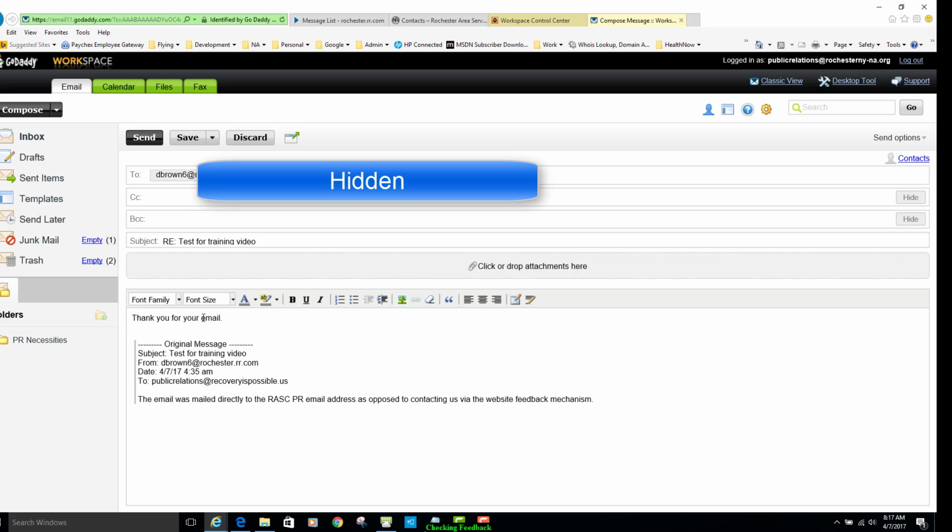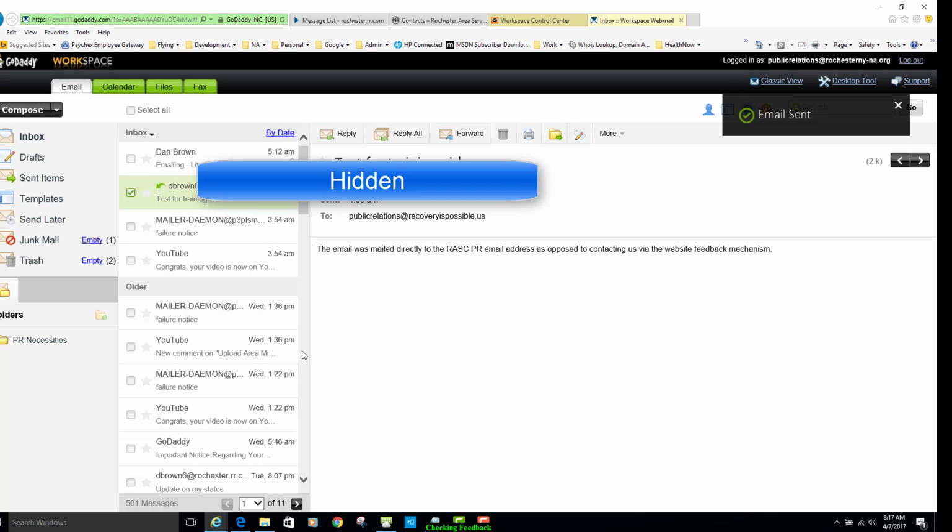Then if there were anything else that needed to be done or checked on or researched, then I would obviously reply appropriately, and then I'd go ahead and send. Okay, so now I know that all of these have been looked at. Nothing is solid, bold, black, so that they're all light black, and they've all been read. So that's how we deal with